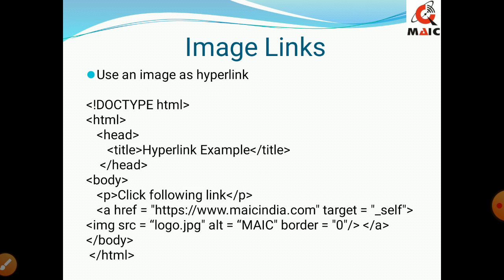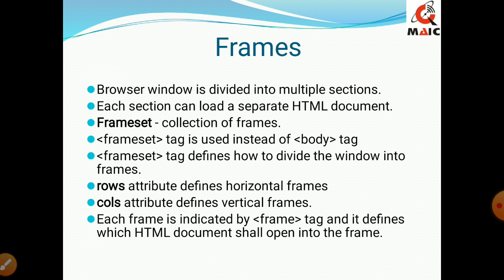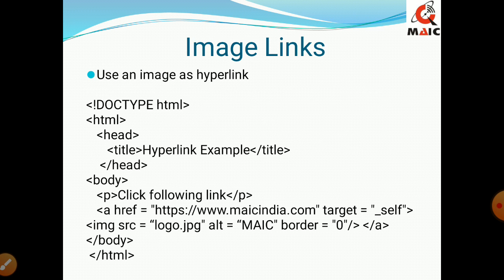Image links. Similar to the text links, we have the image links. Now, what does it mean? That an image can be used as a hyperlink. For this, we need the source from where that image has to be taken. So the first attribute in the anchor is the same, like href, macindia.com, and it is targeting to the self. That means to the same frame. Here in the next one, we are mentioning the link. This is the part where we used to write the link.